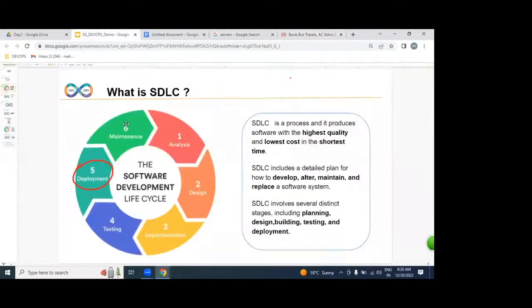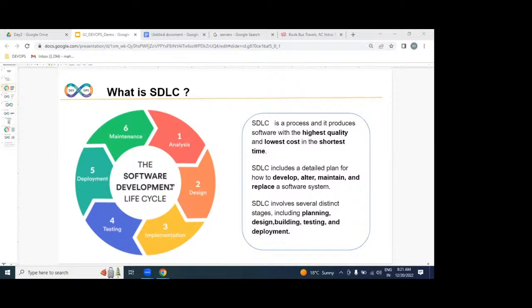This entire process we call what? SDLC. In SDLC, each and every IT employee is involved. Not only the DevOps engineer. It is the AWS admin, Linux administrator, developers, testers. We're all together as a team, producing a website.